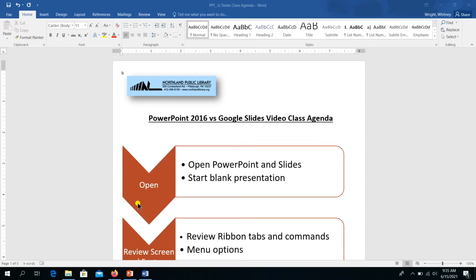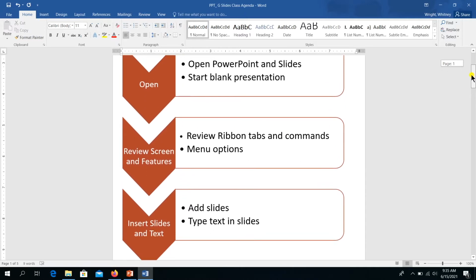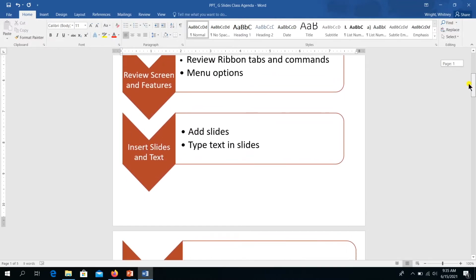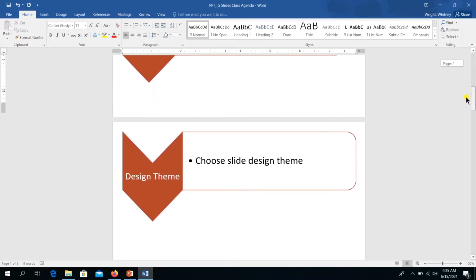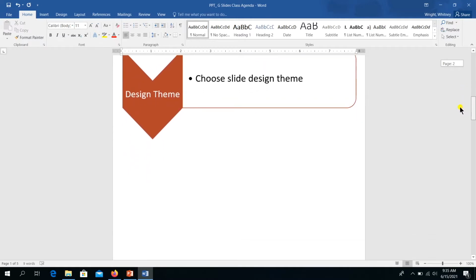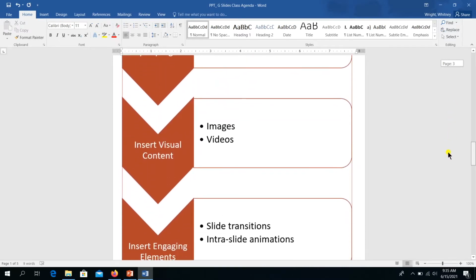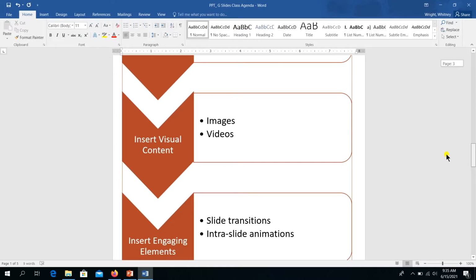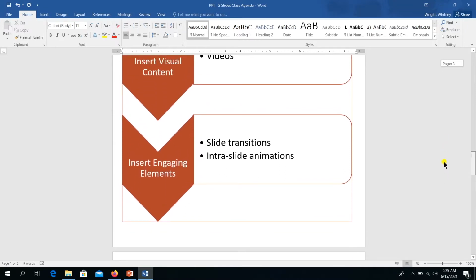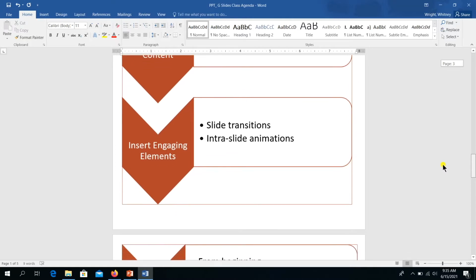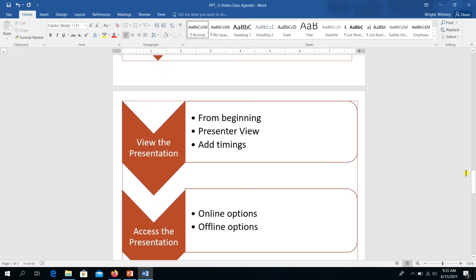To get a better idea of which PowerPoint and Google Slides features we will use, here is the class agenda. We will learn how to open the program and start a blank presentation, review the on-screen features, the ribbons, tabs, commands, and menu options, how to add slides and type text in the slides, choose the design theme for the slides, save your work and name your work as you go along, insert visual content like images and videos, include engaging elements such as slide transitions and intra-slide animations, learn different ways to view the presentation,